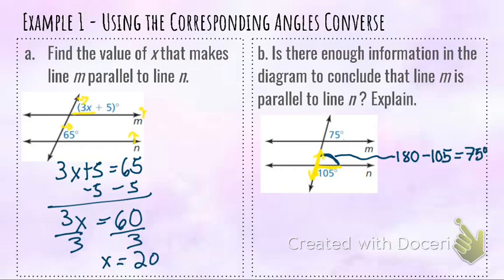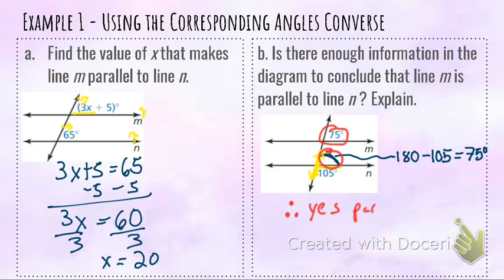So now I know, I'm going to change my pen color, I have 75 degrees here and I have 75 degrees here. We know that those are in corresponding positions. They are now congruent. Therefore, we know that yes,